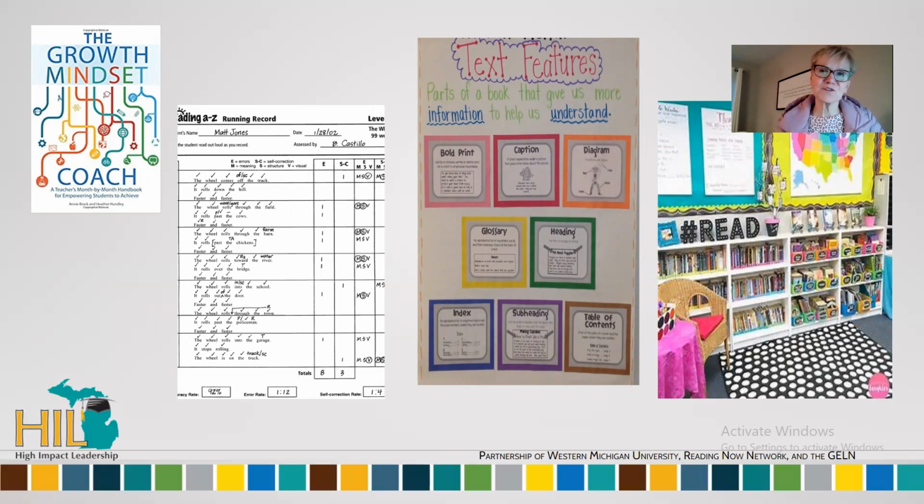The third one is a text feature anchor chart, and every grade level could have a copy of this and use it to help remind them about the purpose for bold print and captions and diagrams. And the last one is to help you to see a classroom library and to think about ways that we could organize our classroom libraries across the school so that the children every year could benefit from having kind of